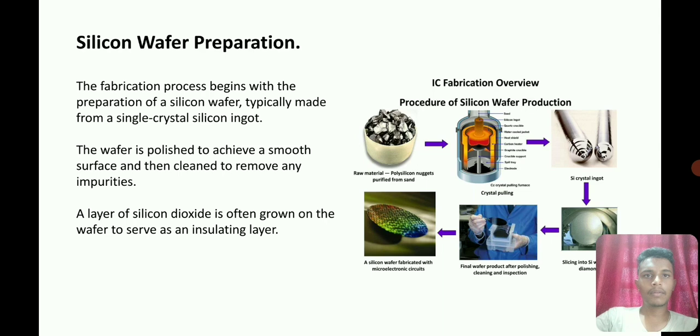And the silicon wafer preparation. The fabrication process begins with the preparation of a silicon wafer, typically made from a single crystal silicon ingot. The wafer is polished to achieve a smooth surface and then cleaned to remove any impurities. A layer of silicon dioxide is often grown on a wafer to serve as an insulation layer,